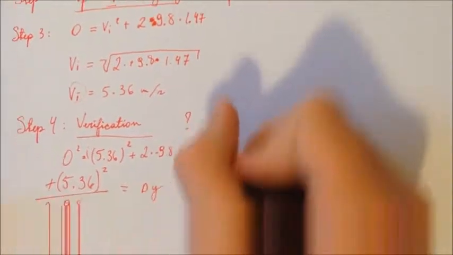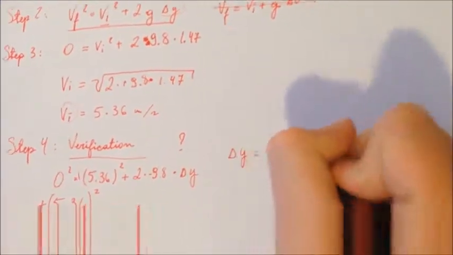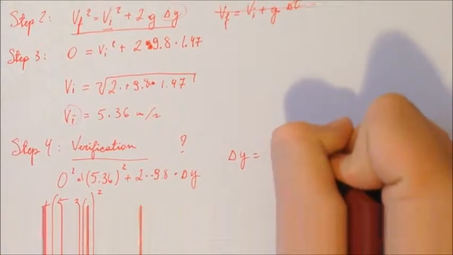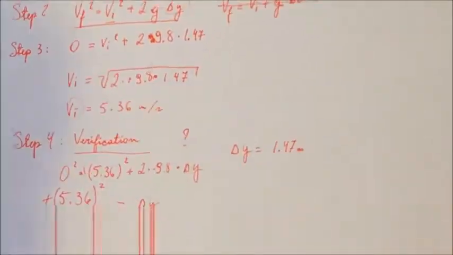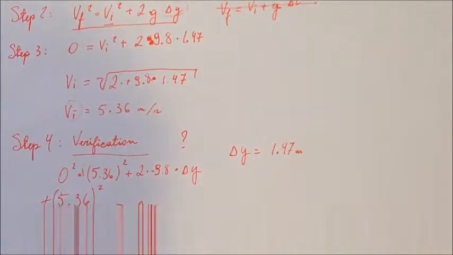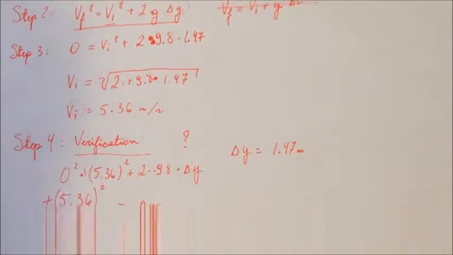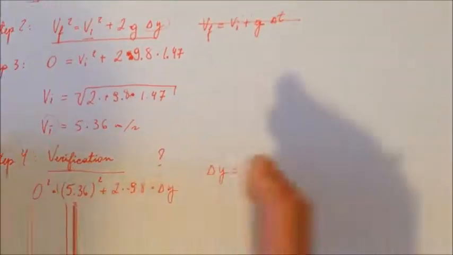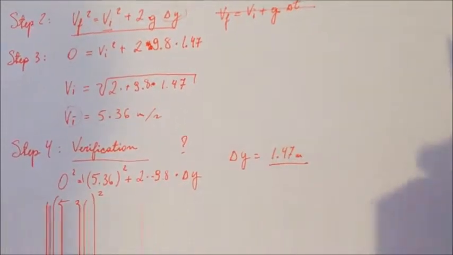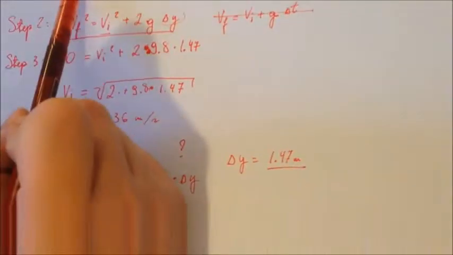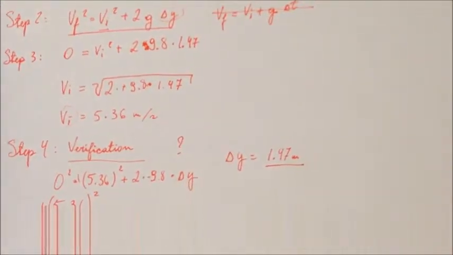So we're going to continue on, and in the end, the delta y will give you 1.47 meters. That's the way you can verify if the formula is correct and you did the right measurements and the right identities were applied. So in this situation, we found that it gave us 1.47, coming back to the exact measure that we had before. And this was pretty much our